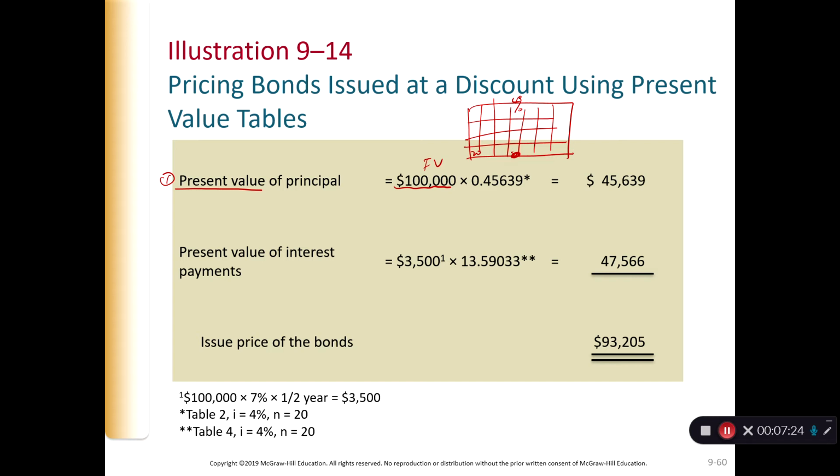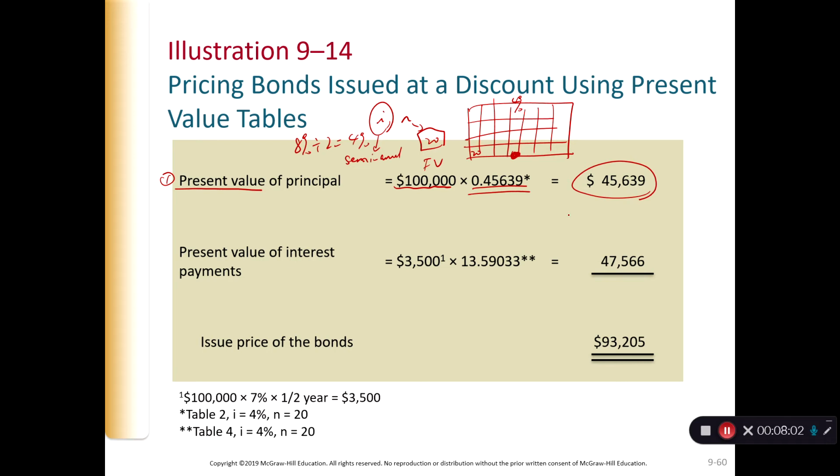Because we want to find the table based on the I and the N. I here is actually the semi-annual rate, so you need to use 8% divided by 2 to look for the I. Okay, 4%. And N here is 20 because that's how many periods you're paying, right? So at 4% and 20 periods, what is the present value of $100,000? It's only worth